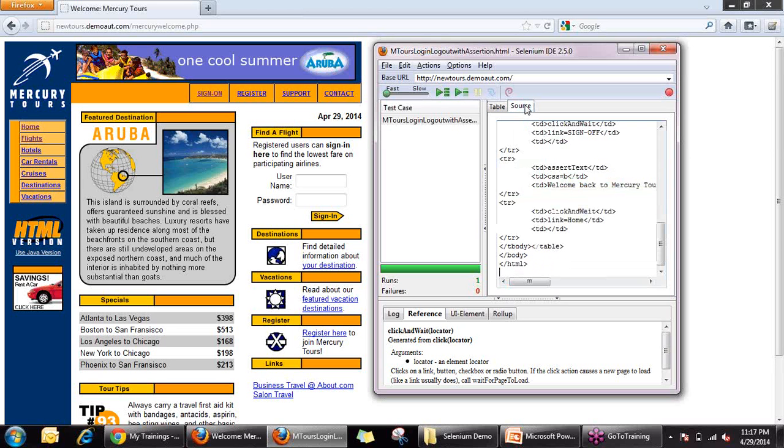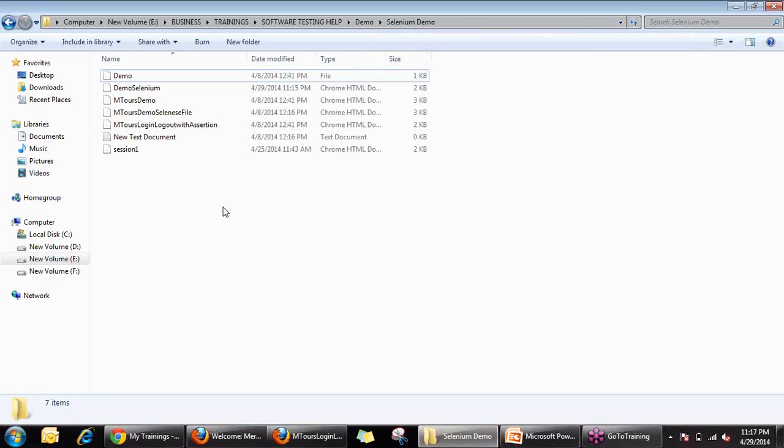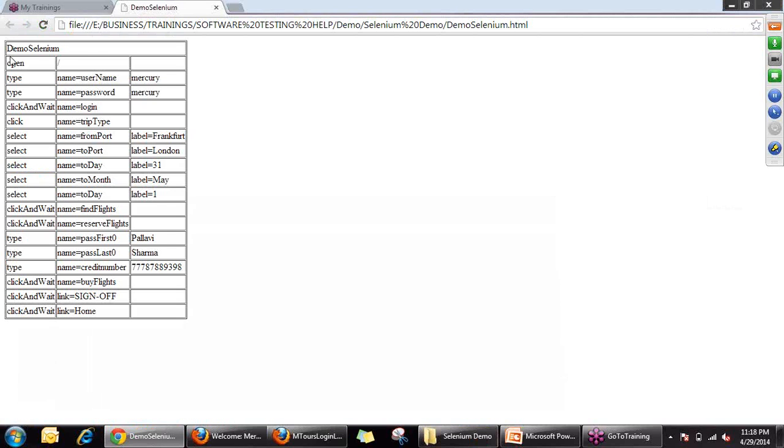Now let us have a look at one of our Selenese tables, which we see as source here. So when you save your test case file, it is effectively saved as an HTML document. Opening one of these documents, you can see that it is actually an HTML table. This is also known as a Selenese table.